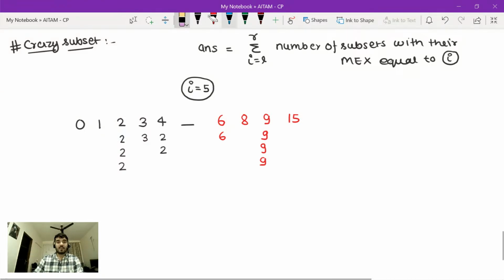So now let me just quickly generalize this. For here, the number of subsets for which I is equal to 5. This is simply equal to 2 power count of 0. How many occurrences of 0 do we have? Here it is simply equal to 1. So 2 power 1, these many subsets, and minus 1, because